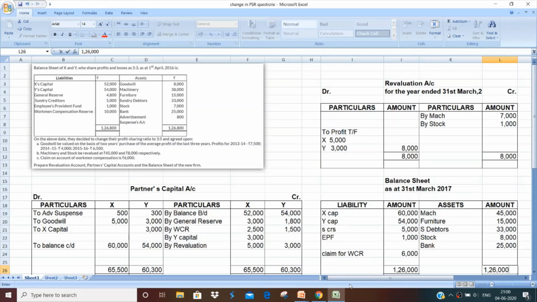So kindly do the question like this. This helps in saving a lot of time. Usually such questions take a lot of time and students end up missing out on their other questions. So my tip to you would be, always do the question simultaneously. You should simultaneously be making all the three accounts, and then in the end you should be balancing. Some students make the revaluation account first. They read the whole question first, make the revaluation. They read the question again, make the partner's capital. Then they read the question again, and then they make the balance sheet.